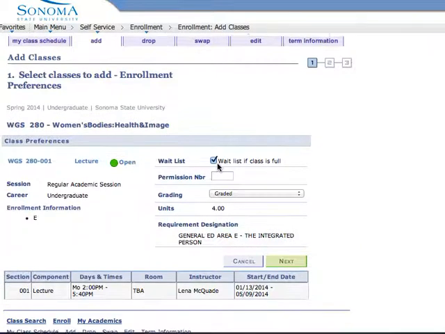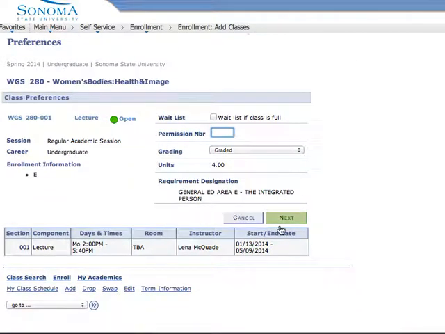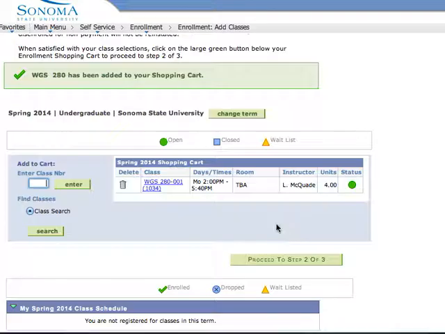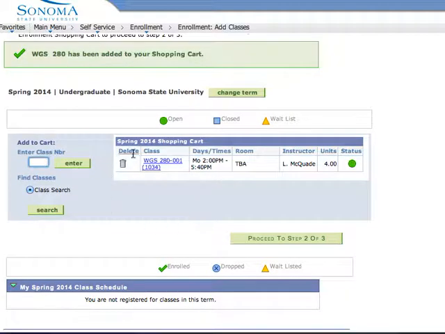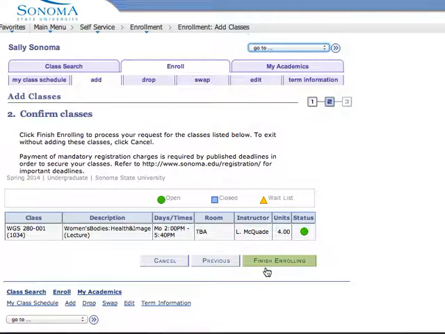Next, it'll take us to that same page where, for your adding of classes, this waitlist box will be unchecked and you'll check it if you want to waitlist the class or keep it unchecked if you don't, where you could enter that permission number again or that graded or credit no credit, just like we did previously. So we'll hit next. And then once again, the WGS 280 has been added to our shopping cart, and we'll proceed to step 2 out of 3 and click finish enrolling,